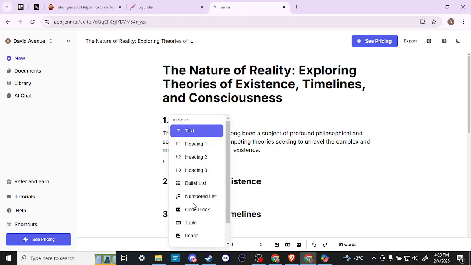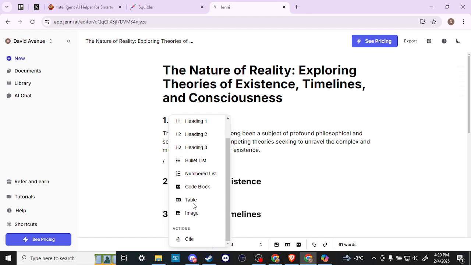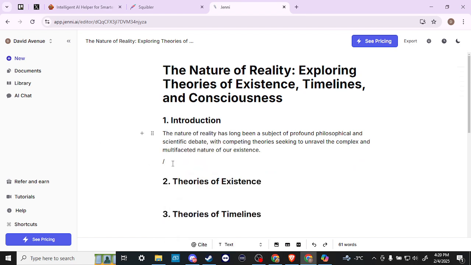Okay, we've got a variety of options, headings, images, code blocks. We'll just leave that for now. And here looks like that added that. So can we undo? Let me just see if undo is going to work for us. It's not. So we'll just go ahead and leave that for now.